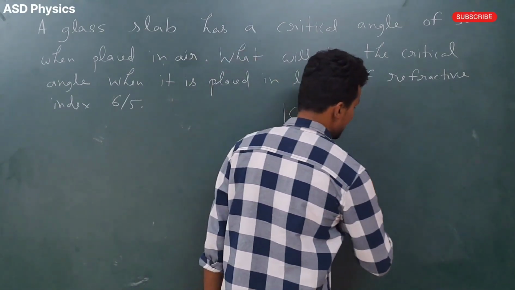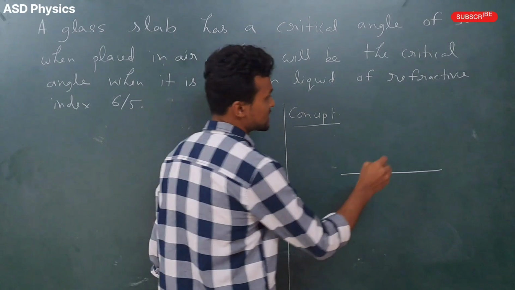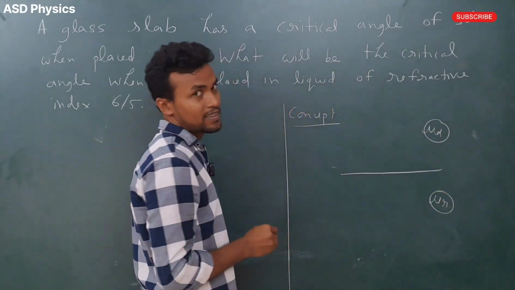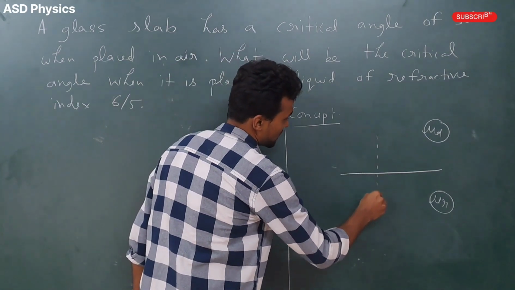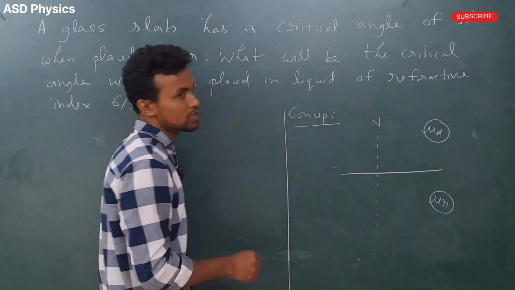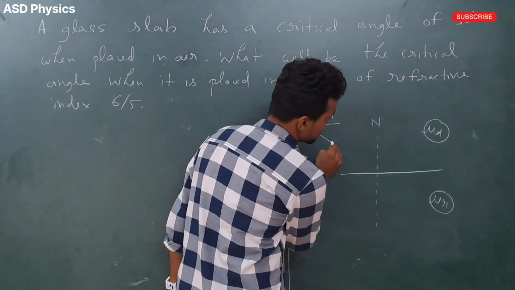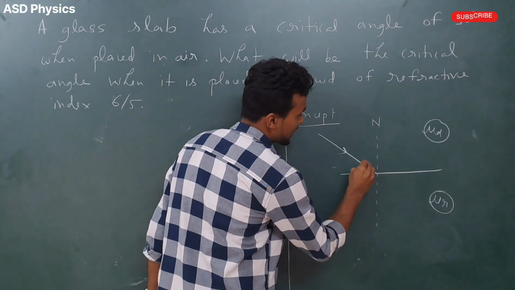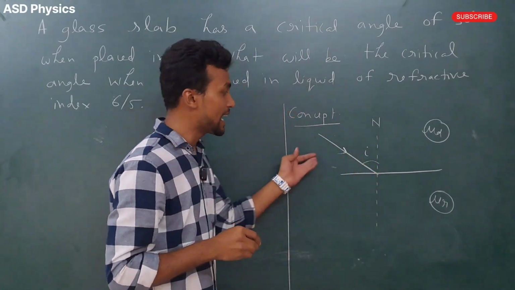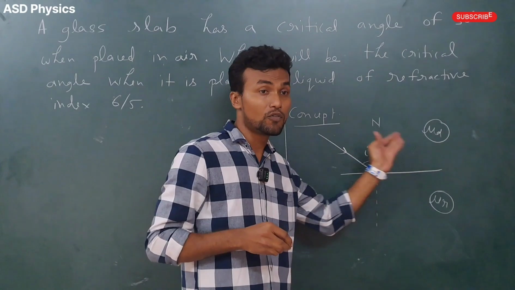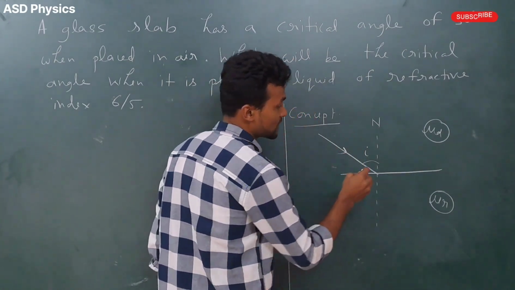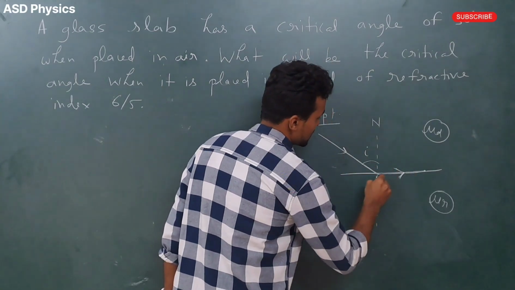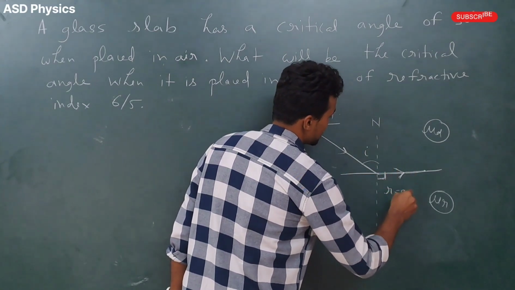So my dear students, what I told here, one boundary is there. This side is the denser medium and this side is the rarer medium, and here I will draw one normal, and we know very well the normal is always perpendicular to the boundary. So here what is happening, this is the incident ray and this is the angle of incidence. So what I told you, the angle of incidence in denser medium for which the angle of refraction in a rarer medium is 90 degree is called a critical angle. So this angle how much here? This angle is here 90 degree here.